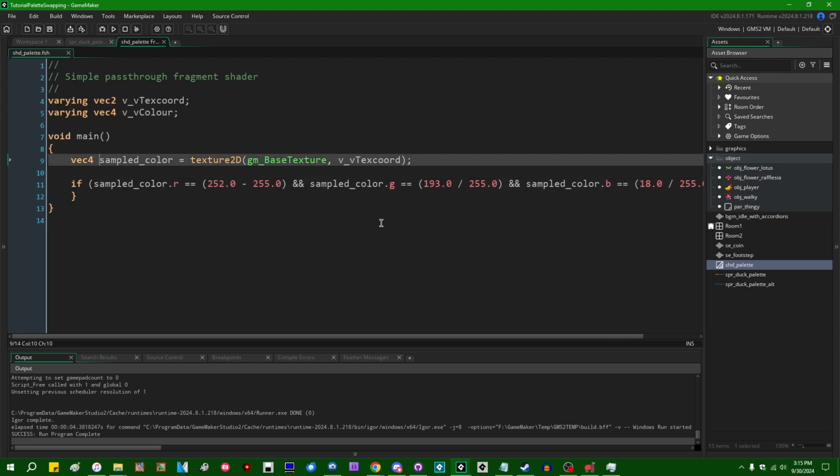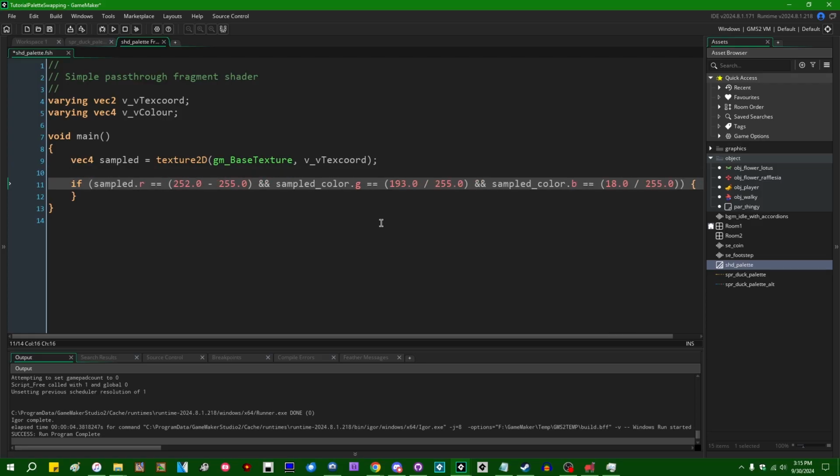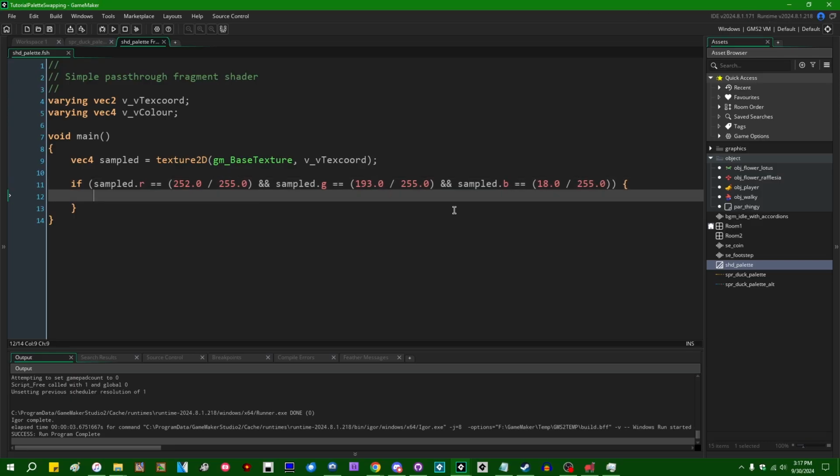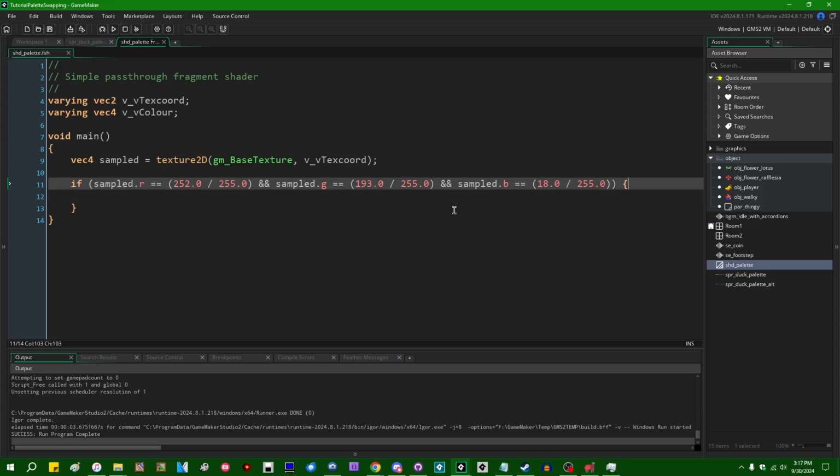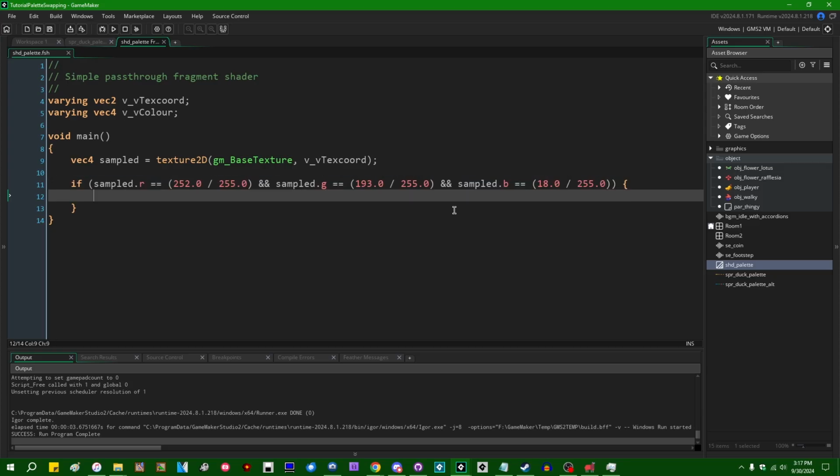I feel like I should have, let's go with a shorter variable name for the sample color, because I don't feel like typing that out every time. Okay, there we go. We are using a shorter variable name. That looks better. Also, this needs to be a divided by and not a minus. Oops. Anyway, so we can say that if our sample color equals a certain value, we can assign that to